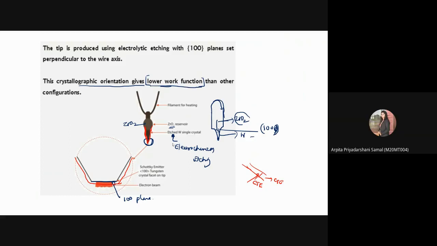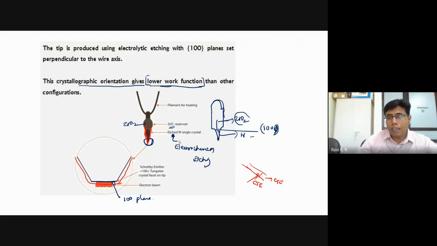Okay, sir. Sir, but there is a coating also. There is a coating, but let's say the coating which is formed is a stable one. Let's say this coming out from this particular region is at 1100. After 1100, you don't have any phase transformation, so that way you're not getting into any problem. The stable phase is the one which is actually getting coated on the surface of this tungsten.